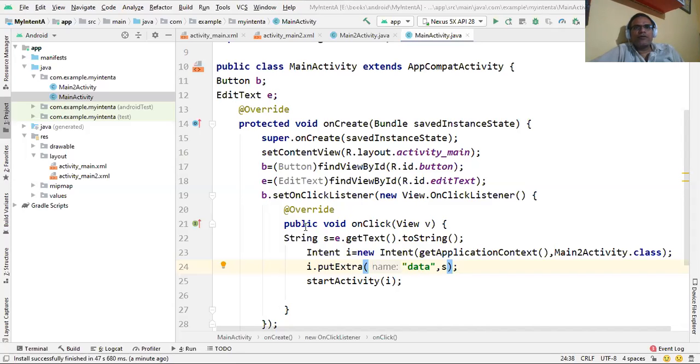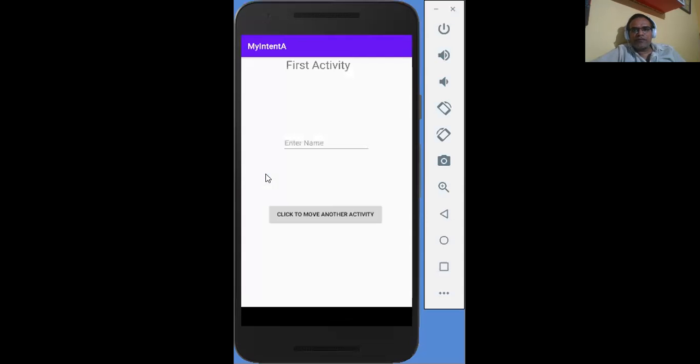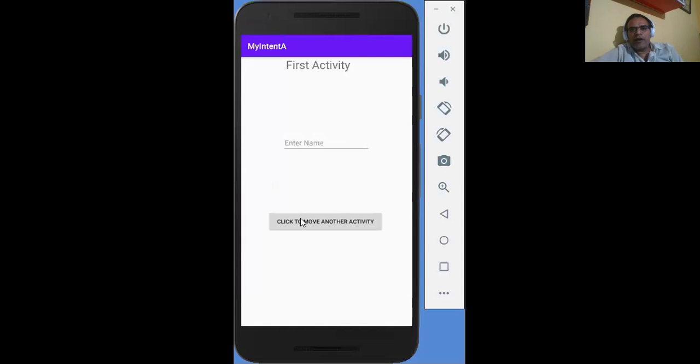So now I show the execution. Yes, this is the execution. Sometimes the system is very slow, so that message you can see. So this is the execution of this application. First activity: enter name and click to move to another activity.